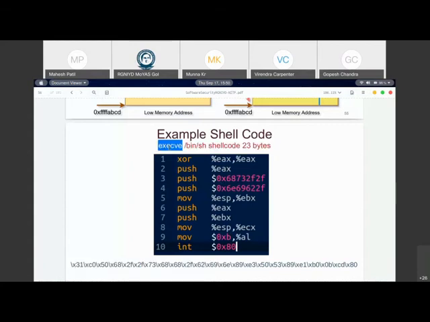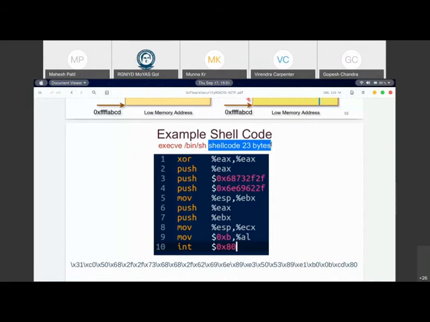If you know Linux, and even on some Windows machines, execv is a set of APIs which allow you to spawn a new process. And in this case, we are saying spawn a new process with the program /bin/sh, which is nothing but a shell program, right? To achieve this functionality in Linux, you have to write these 10 instructions. You see, these are the 10 instructions we need to write. And can you guess how many bytes of code it is? It's only 23 bytes.